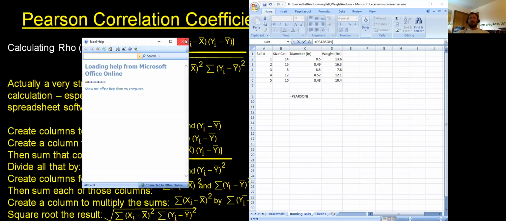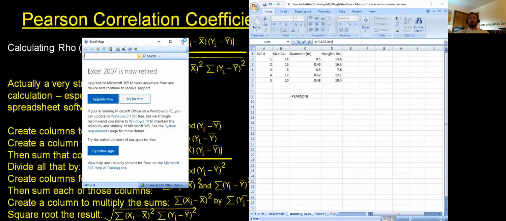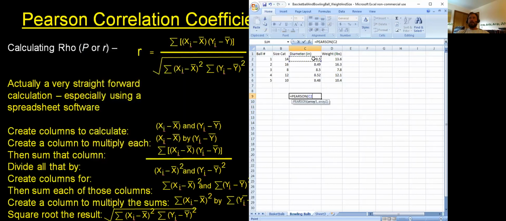It included a function for you. Oh, it wants to give me the help thing. I don't want it. So we're gonna make our x-axis the diameter in inches, comma, space, and now we're gonna give it the y-axis as that. Close off the equation, and this will calculate